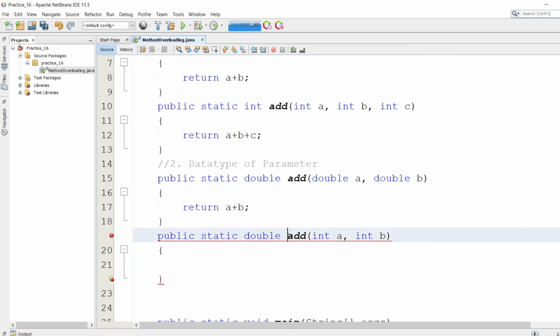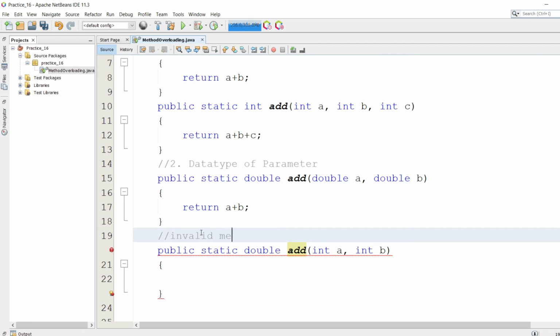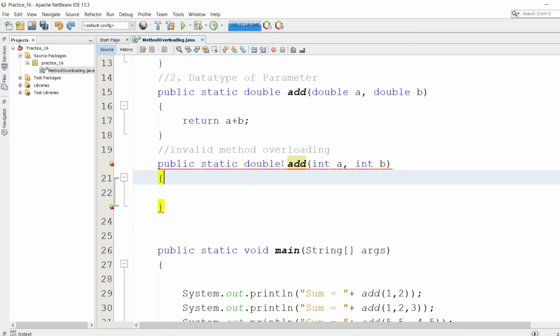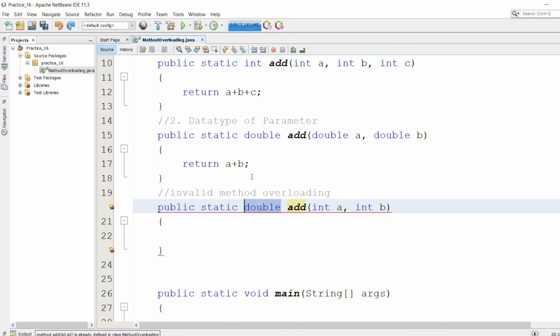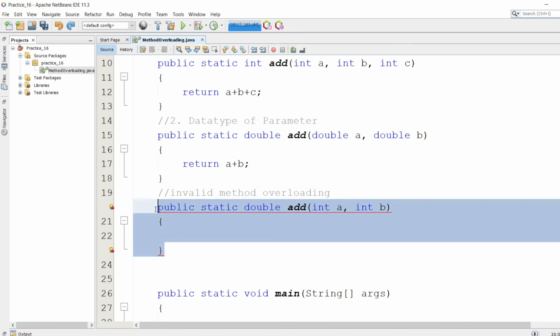So the same method cannot be defined by only changing its return type. So this one is considered invalid method overloading. By changing only the return type of the method, we cannot create method overloading.